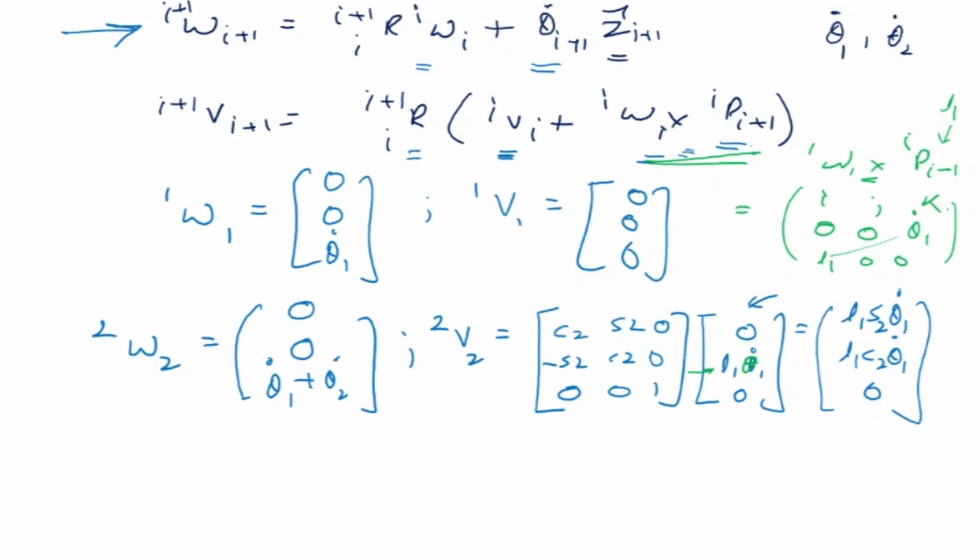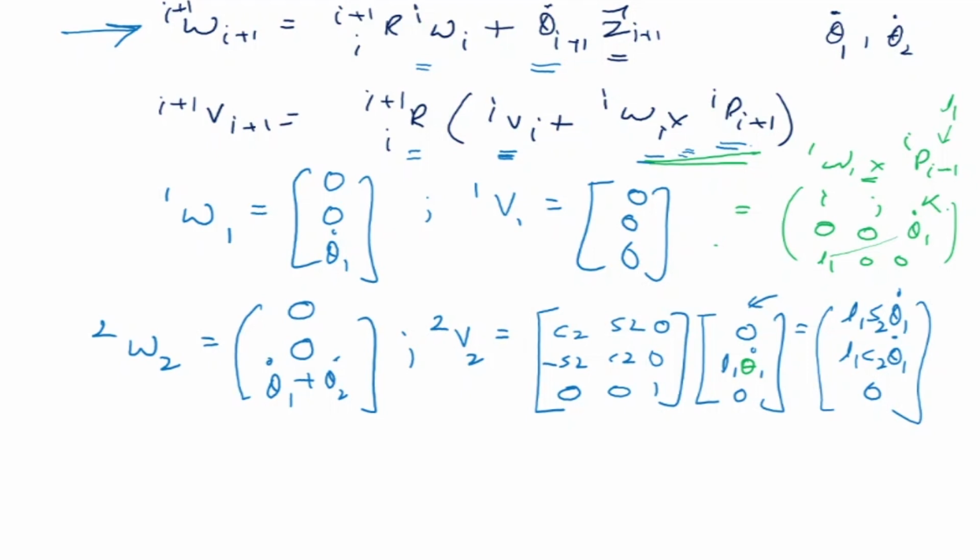So theta 1 dot there. I hope you understand how we got this term. So i j k, plus minus, it will be j into minus of L1 theta 1 dot, so it will become plus L1 theta 1 dot. This is how we have got it, and when we open it, this is what we get. So that is my linear velocity of joint 2.